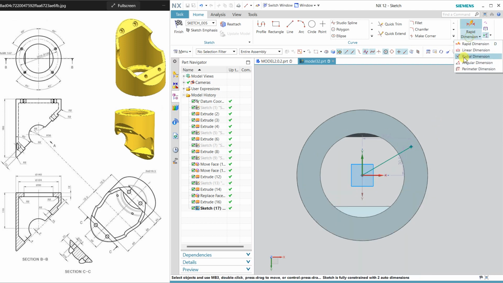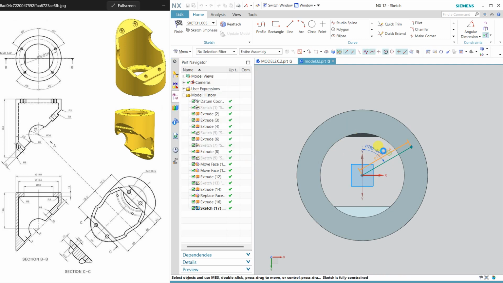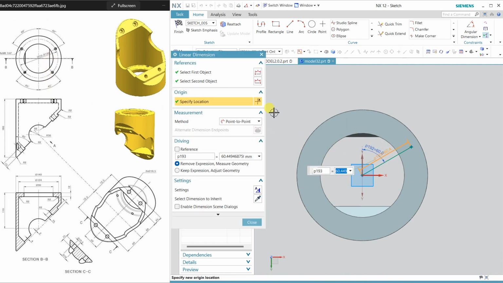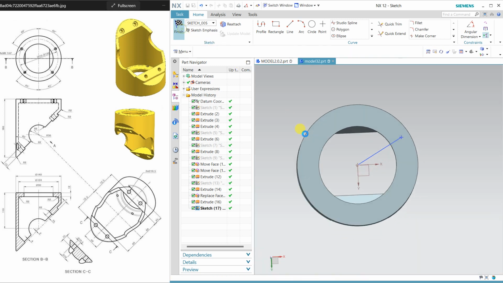Now dimension, using this angle is 60 degree from vertical, so change it to 60, and this distance is 120, half of 120 is 60. Okay, 60 and close and finish.